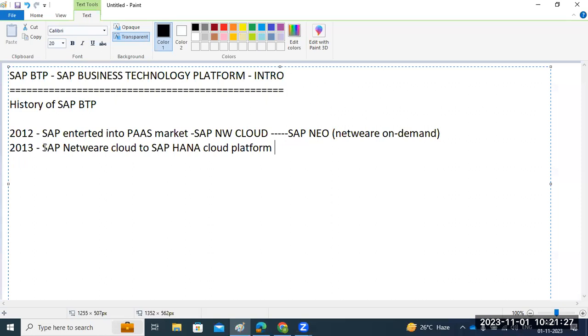They renamed NetWeaver Cloud to the HANA Cloud Platform, HCP, right? Normally we know this name, HCP, HANA Cloud Platform, right? So later, while doing this business on HANA Cloud Platform, in 2017 they introduced